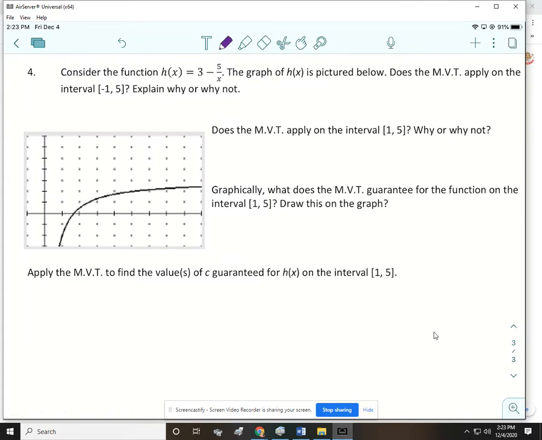Well, we can't really see what's going on underneath where y is -3, but because we're smart and we understand continuity and where there's going to be breaks in the graph, when x is 0, that function is not going to be defined, so it's not going to be continuous when x is 0. So we're going to say no. h of x is not continuous at x equals 0. So the mean value theorem is not applicable